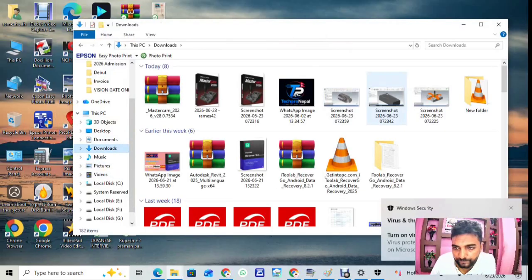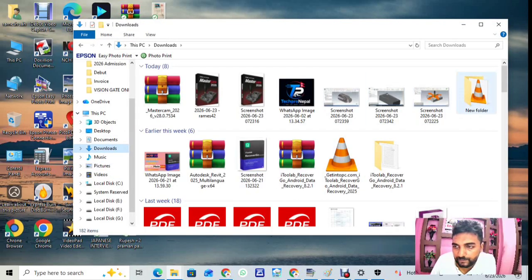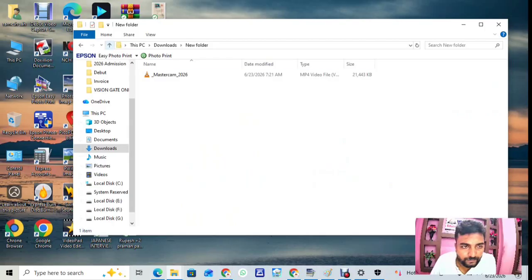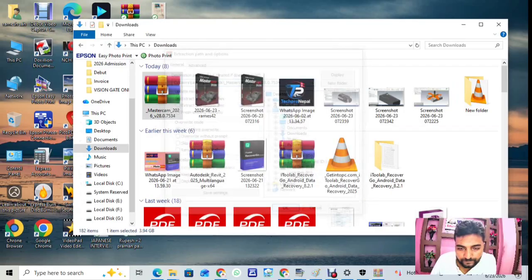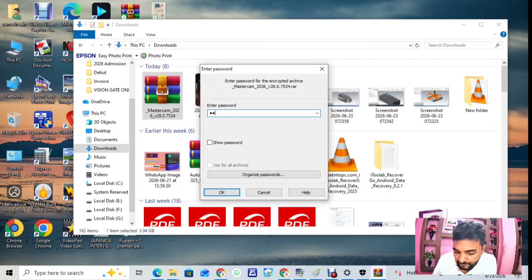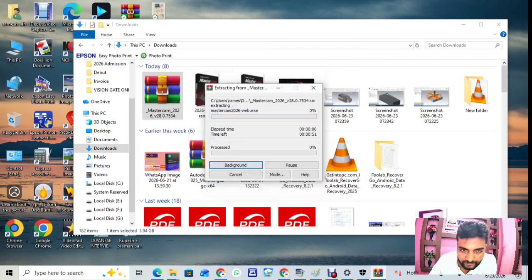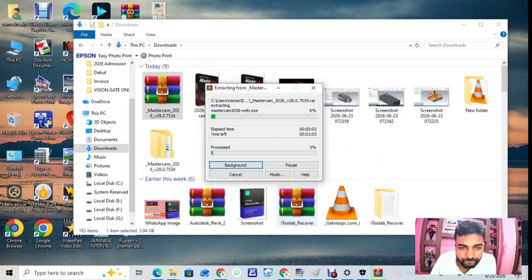Check the Downloads folder. Then extract the file. Extract the MasterCam file. Okay, enter the password 123. Then wait a few minutes. After all the process is complete,